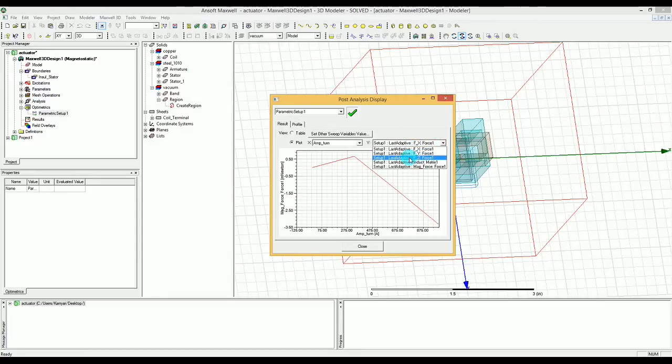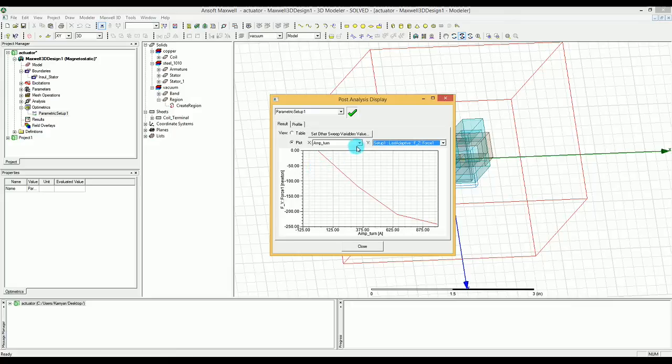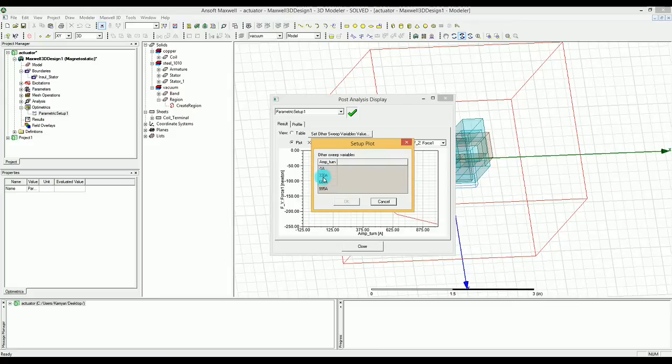So I'm going to go, for example, for the Z force, and you can see that the minus magnitude is increasing, meaning that the absolute value of the force is increasing if I increase the amp per turn, which kind of makes sense. And you can also change the X variable. Instead of amp turn, you can make it gap, and you can see for the different values of the gap, you have different